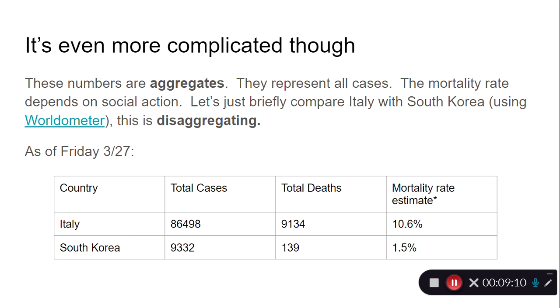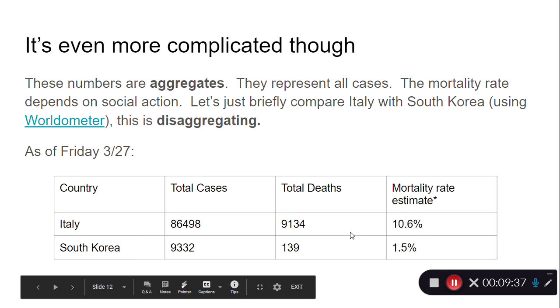That is, if we were to look at all of the countries, and you can do this on Worldometer, it has a nice table where it has all the countries. You can rank them by total cases, total deaths, new cases. If you look at these two, and I picked these on purpose because Italy is buried, although at the time of this video, the United States has surpassed Italy in total cases, but not total deaths. But Italy is a mess.